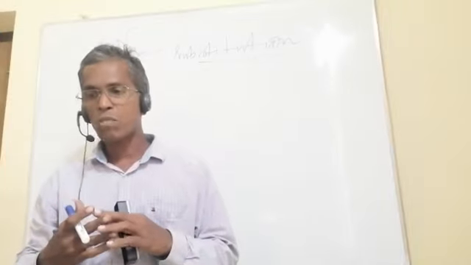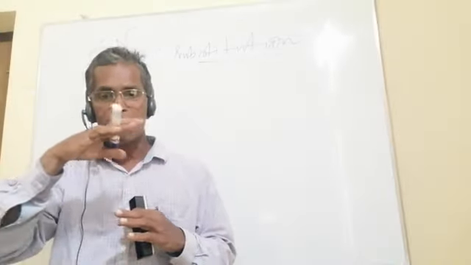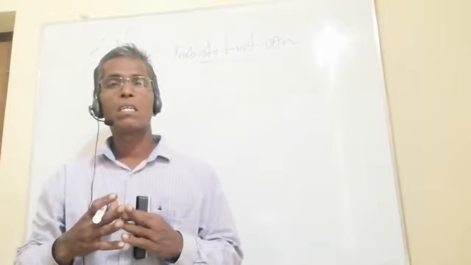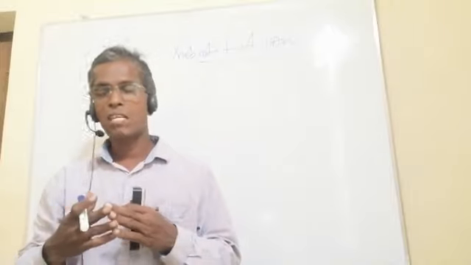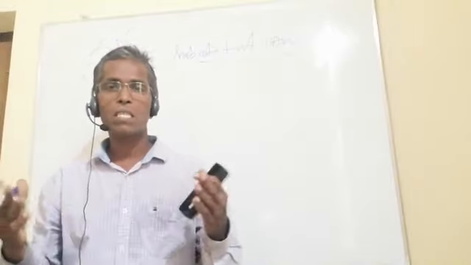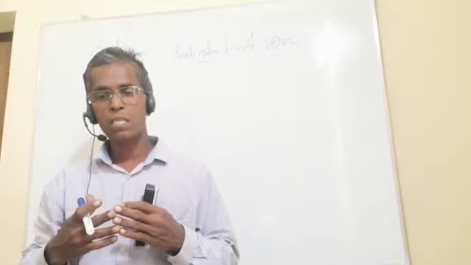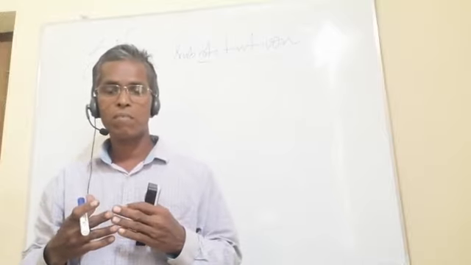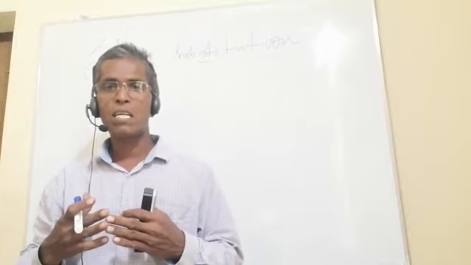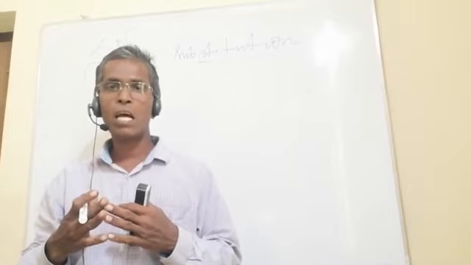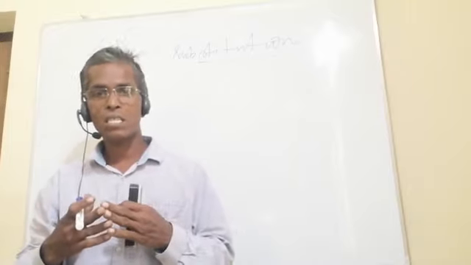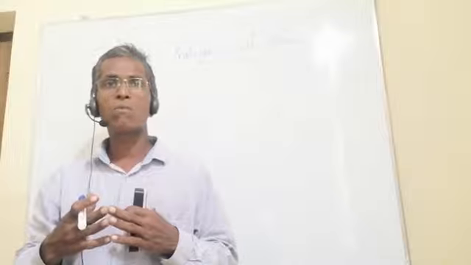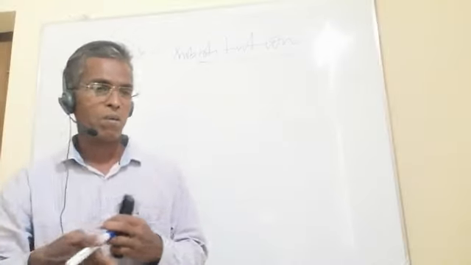In the case of SN2 substitution, the entire process takes place in a single step. In the case of SN1 substitution, the reaction is different. SN1 takes place in two different steps. Step number 1 is a slow step in which the ionization of the substrate takes place, and as a result you will get a planar carbonium ion.